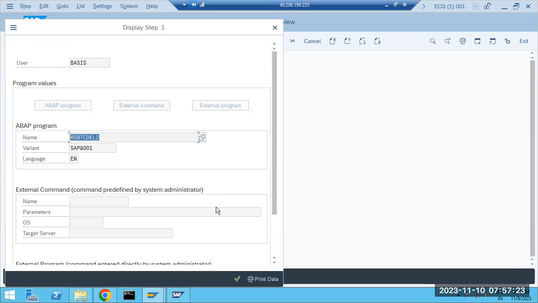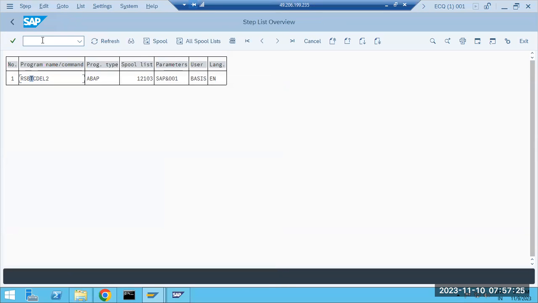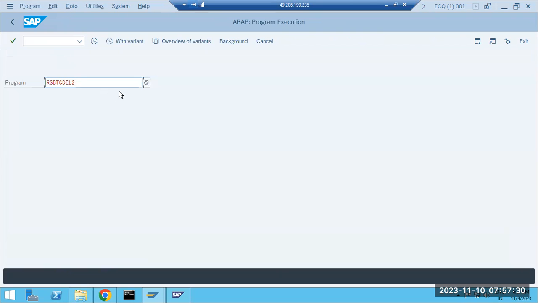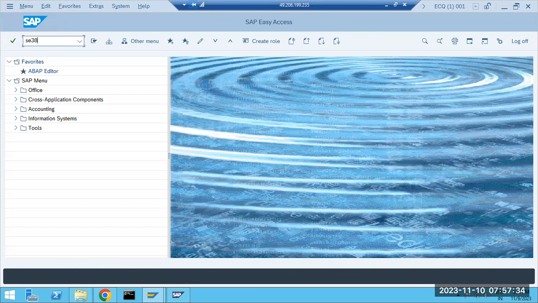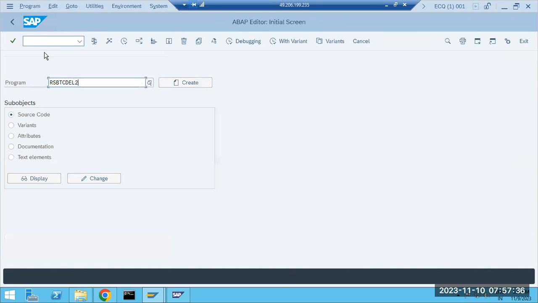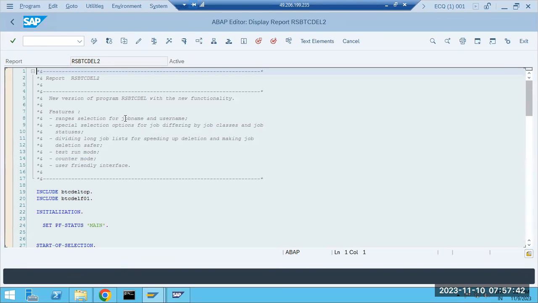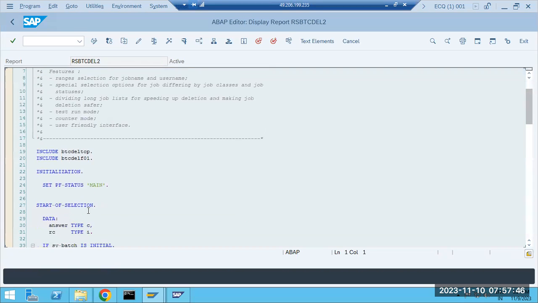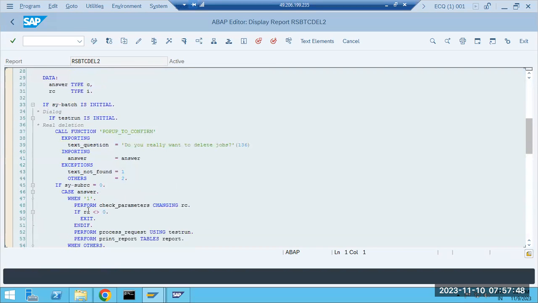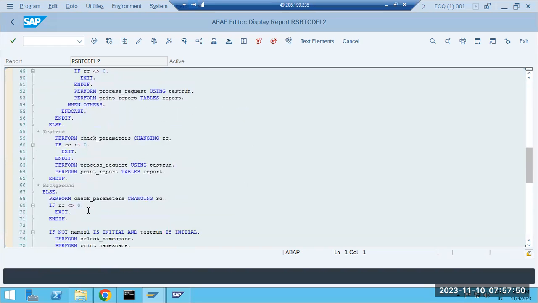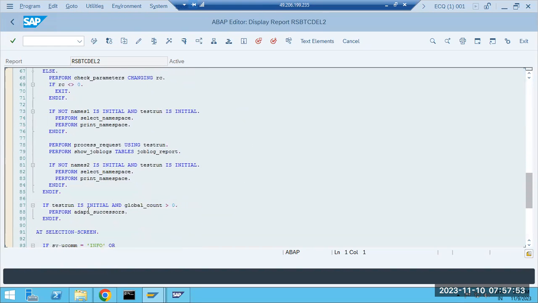So, table name, this is the report, right? If I go to the report level, so if I go to SA38, here, not here, SE38, and read the code, don't worry, you don't need to worry about the code here. In the code, what is written here? BTC Dell. So here we can pick up something: what is the table name it is referring to, from where it is getting deleted?